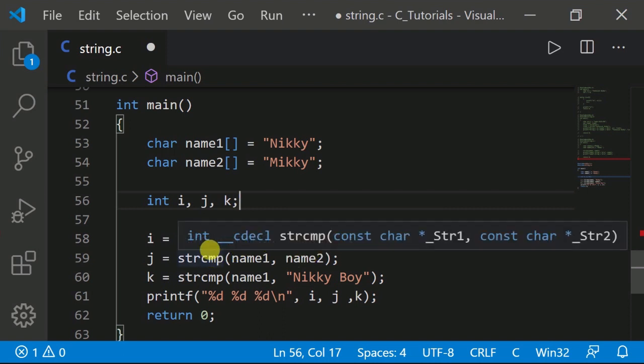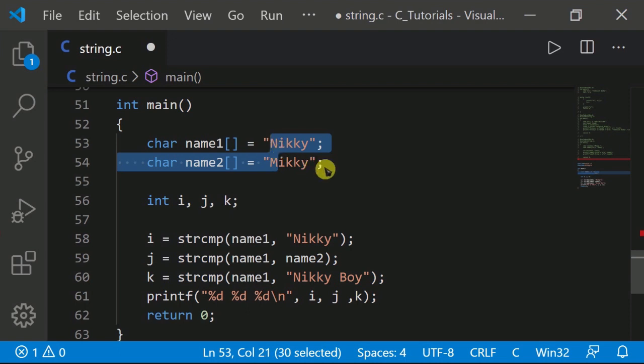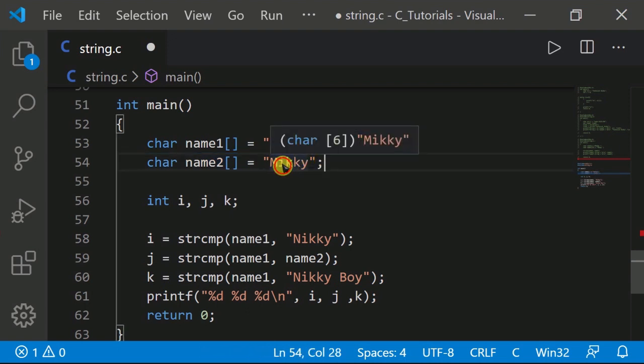For the first call of this function there is no difference, it prints 0, because name1 is also Nikki and Nikki is also name1. And j equal to strcmp of name1 and name2, meaning name1 is Nikki and name2 is Mickey. The first characters of both strings are different, and after that everything is the same.